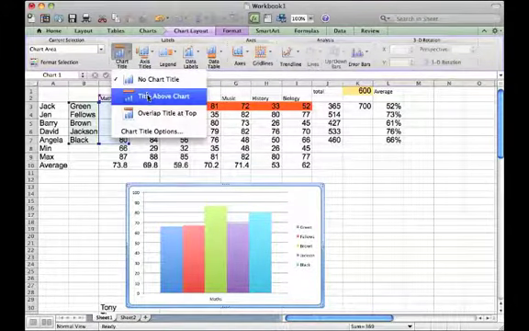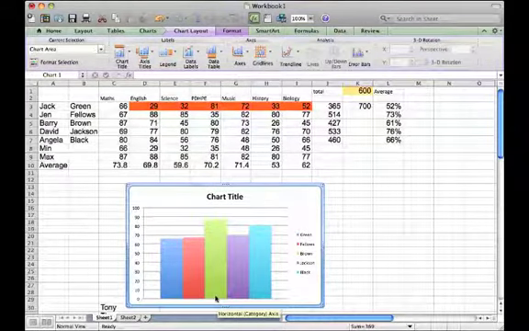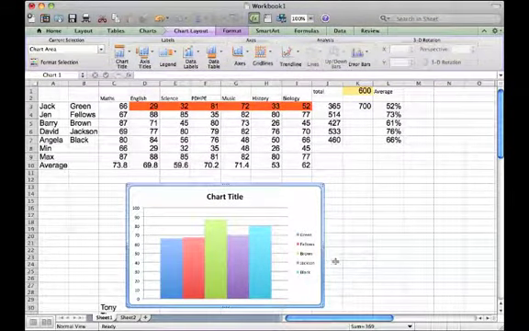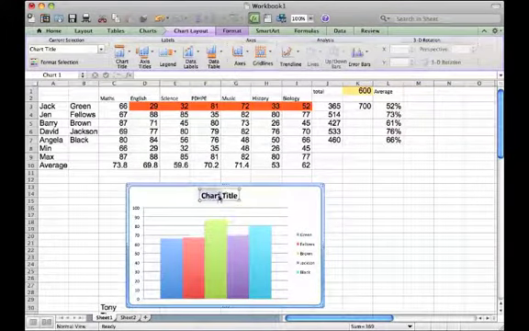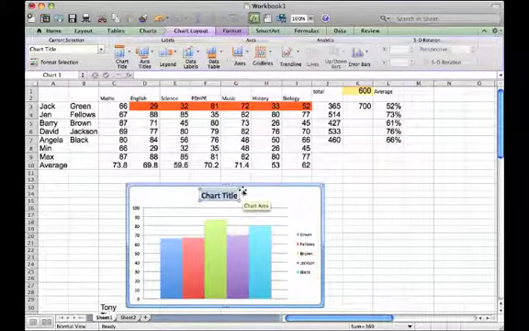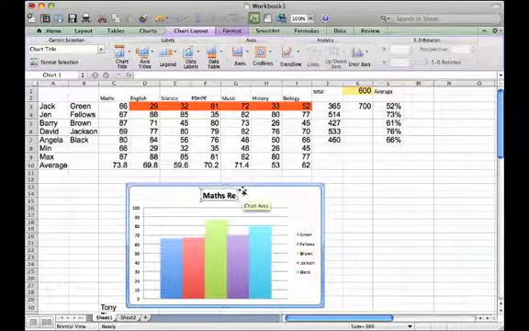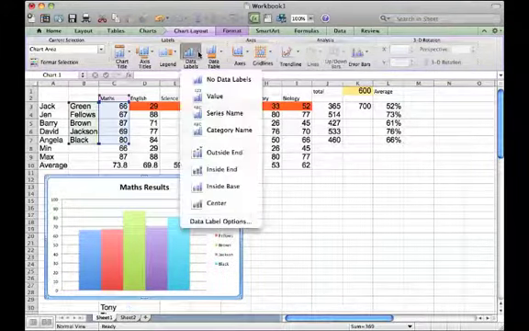So you can see it's quite easy to put a chart title into your chart by clicking on the chart title menu and then choosing a chart title, and you just double click or click and drag across the words to type in your new title. And so here we've got maths results for this particular chart. Next, you might want to add